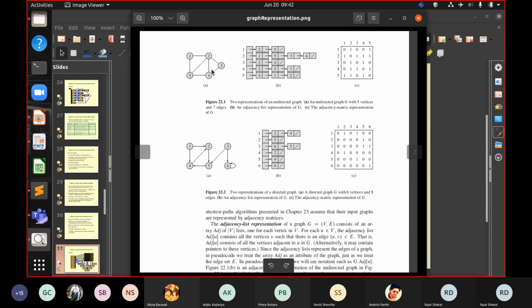This figure 22.1a is an undirected graph, while 22.1b is a directed graph here.